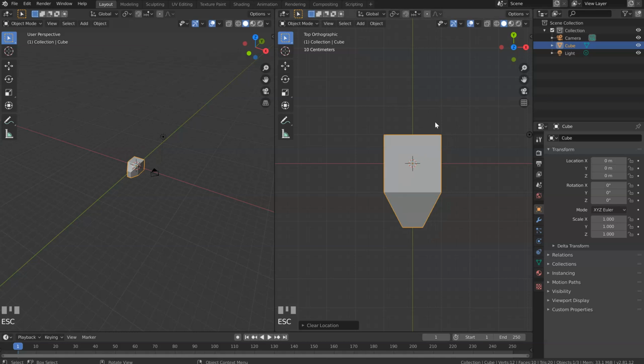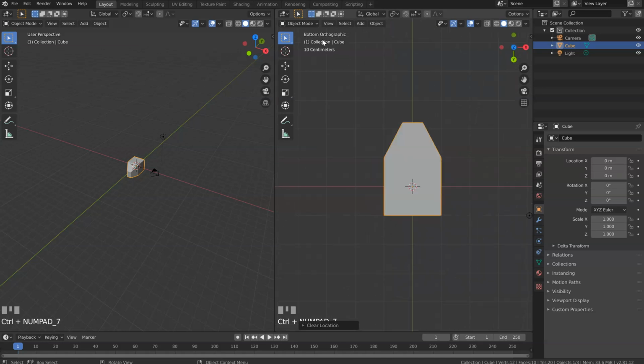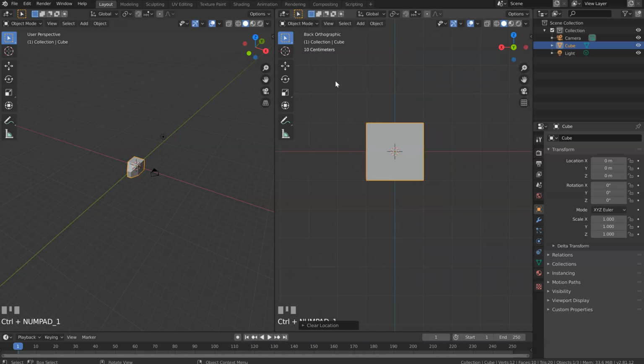Okay? Press escape to exit and to undo what you did, or press Ctrl Z if you move this one. Ctrl Z, boom. Or you can press Alt G, and we will see this later. So, you can also press Ctrl numpad 1 to be in back orthographic view, Ctrl numpad 3 to be in left orthographic view, and Ctrl numpad 7 to be in bottom orthographic view. So like that you can switch between top, numpad 7 to be bottom, numpad 1 front, Ctrl numpad 1 back, numpad 3 right, Ctrl numpad 3 left. So this is pretty useful.